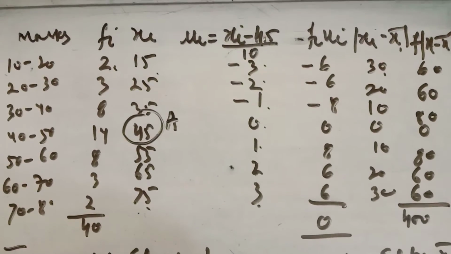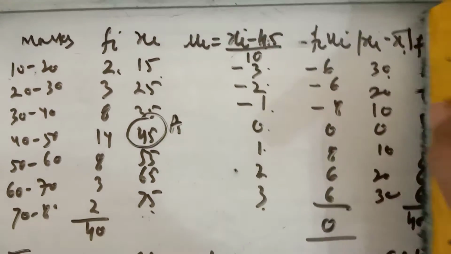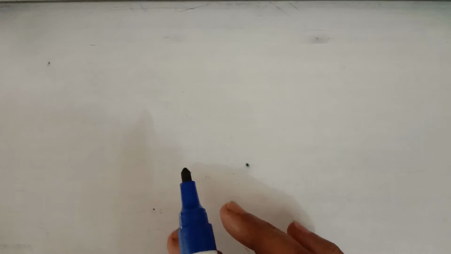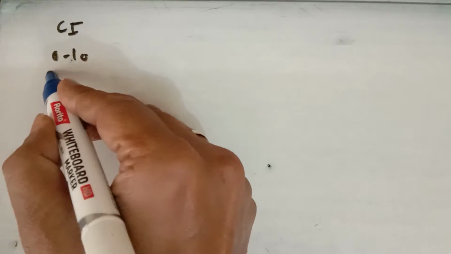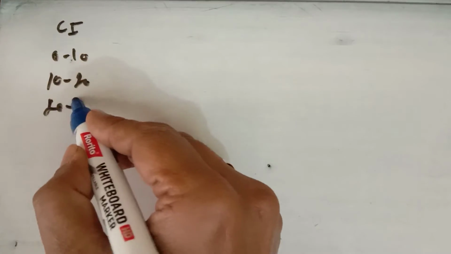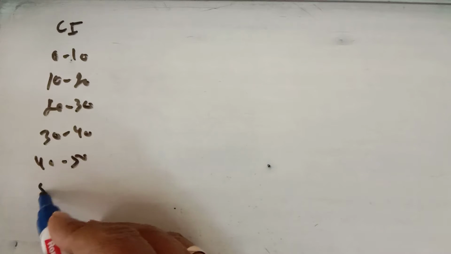Okay. So this is how you can find the mean deviation about the mean for grouped data with class interval, without class interval, and by using the shortcut method. Now I'll discuss how to find the mean deviation about the median for grouped data with class interval. The main thing is you must know how to find the median for grouped data with class interval, and you have done this in your class 10th also. So let us take the class intervals as 0 to 10, 10 to 20, 20 to 30, 30 to 40, 40 to 50, and 50 to 60.